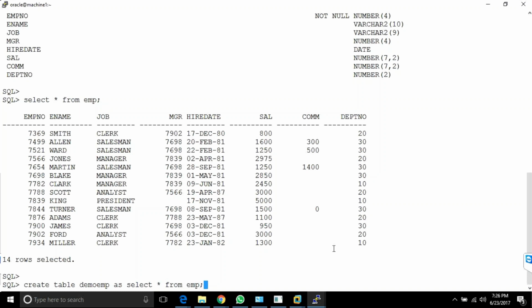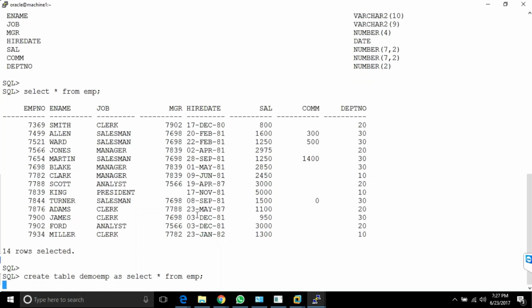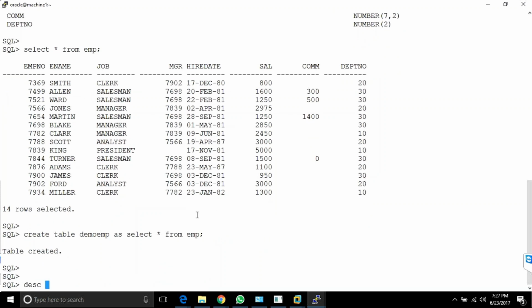So what will happen is everything from the emp table will be created along with the structure of the table and all the rows from it. Enter. Table created. So DESC demo emp,